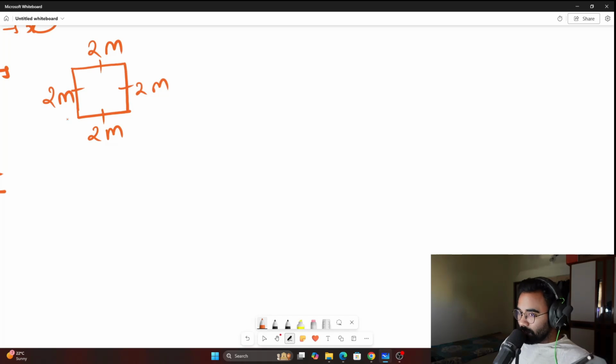What would be the perimeter? Simply just, this is perimeter, we have not gone to the area. What would be the perimeter? Perimeter is basically you add all the sides, that is 2 meters plus 2 meters